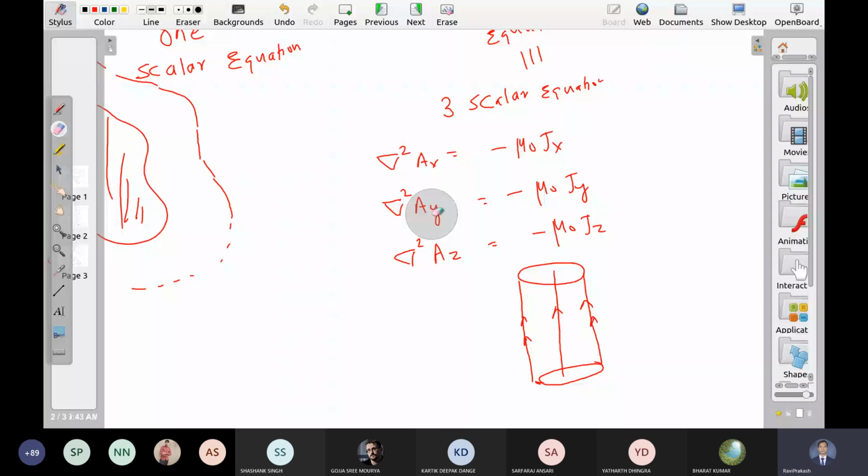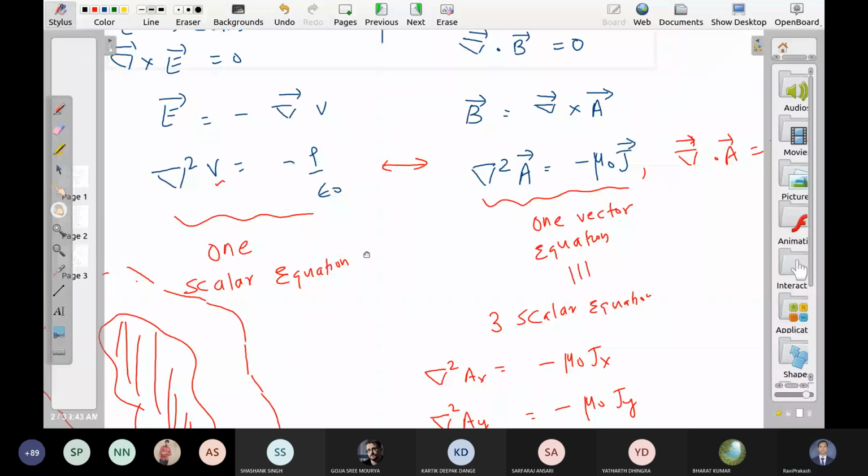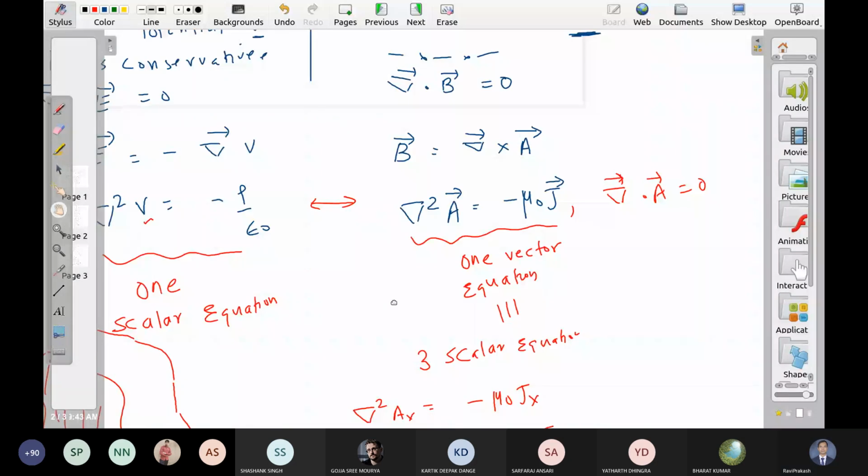Somewhere the magnetic field is much easier to calculate directly. In some places the vector potential is easier to calculate directly. So depending on the problem and comfort zone, we can use whichever we like. So this is all about vector fields and magnetic vector potentials. What else do we have? One last topic, and you already know it.